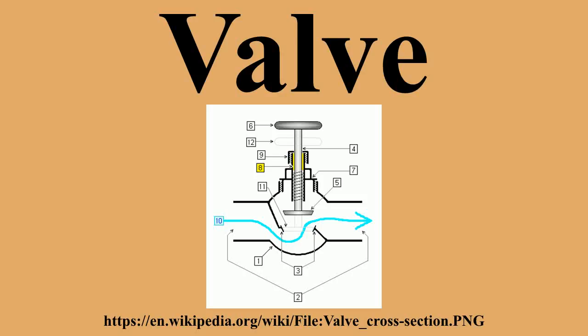Body. The valve's body is the outer casing of most or all of the valve that contains the internal parts or trim. The bonnet is the part of the encasing through which the stem passes and that forms a guidance seal for the stem. The bonnet typically screws into or is bolted to the valve body.